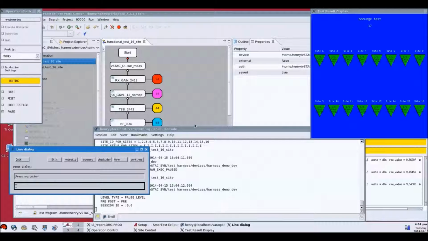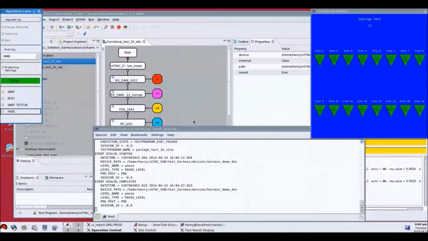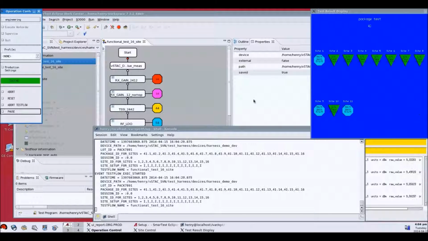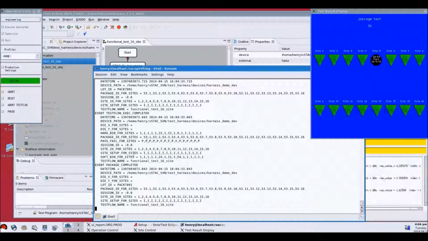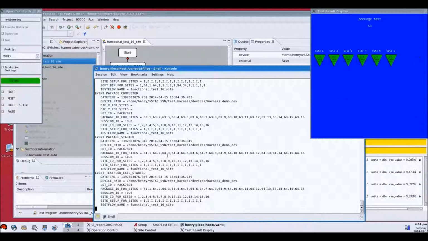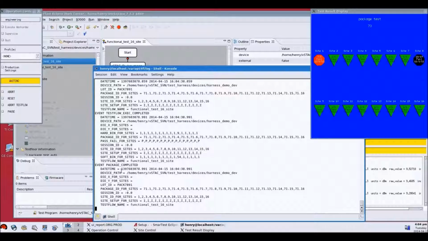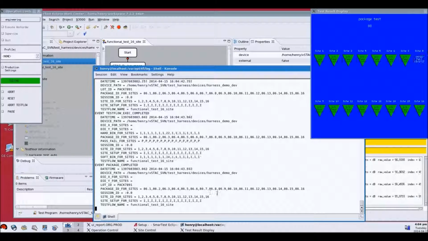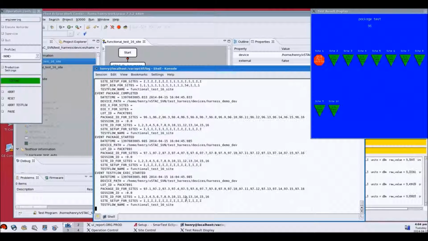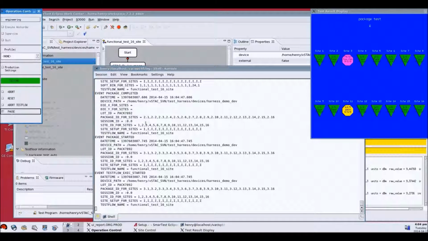TFI also provides a test cell communication scheme using IPC, which allows your components to easily communicate with each other. Here we'll see a session of SmartTest running here, and I want to show you the events coming across here. So this is the tail of the event log showing the events. You can see in here package completed, test flow exec completed, and you can see all of the binning and the site insertions. If I go ahead and pause this,